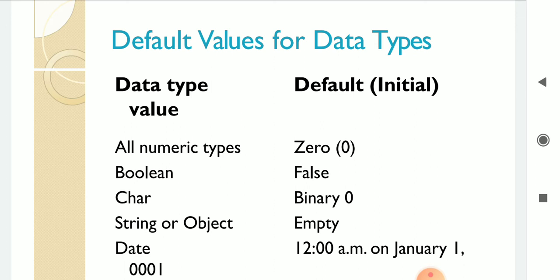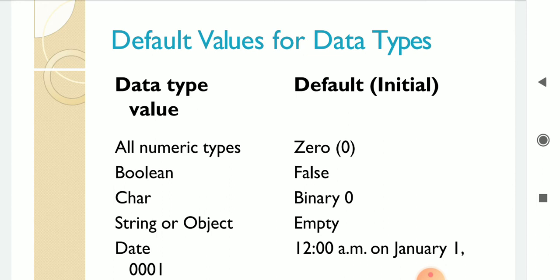Boolean value, when you want to take a single value, if the user is not giving it or you're not initializing, then by default the value will be false. Character: while you are taking the character data type, you want to keep one character from the user. If the user is not giving any value, then 0 will be stored. This will be in the character format. It is not a number.